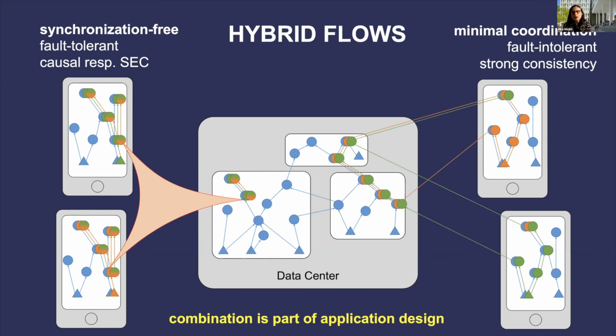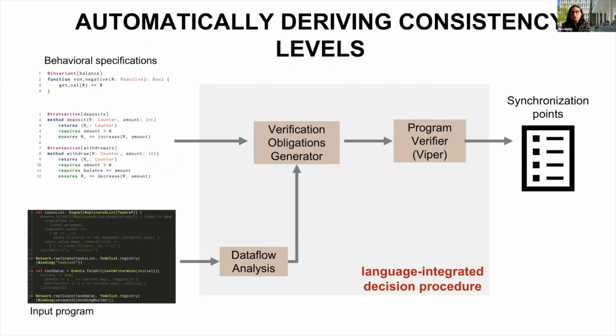And that's why we are currently working, as work in progress, on automatically deriving the consistency levels that are needed to ensure application-level safety properties. Compared to what I presented so far, we have the input program, but in addition, we have some behavioral specifications, especially application-level safety invariants. They don't talk about consistency levels. They talk about application semantics, like that the value of some reactive must be non-negative